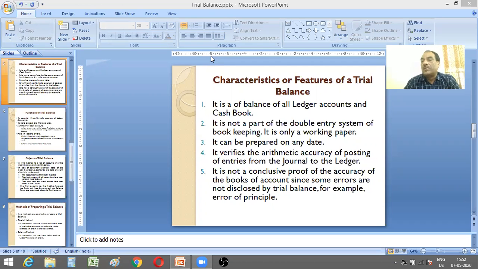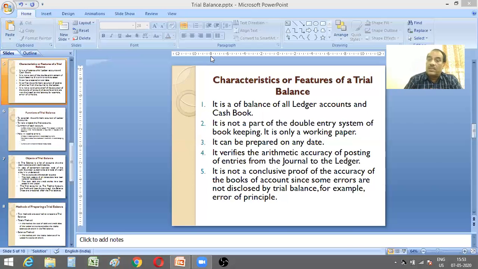Any date when you need to check whether your accounting work is right or wrong, you can prepare a trial balance. It verifies the arithmetic accuracy of posting of entries from journal to the ledger. So first entries are made in the journals and then those entries are transferred to the ledger. If the entries transferred from the journal to the ledger have been made correctly, that is ascertained by preparing the trial balance. It is not a conclusive proof of accuracy, as we have already discussed,